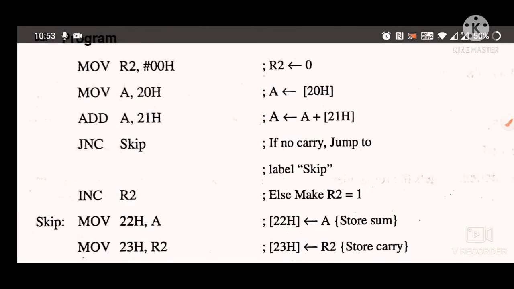Okay. First of all, you should know that at each and every memory location we can store only 8-bit data. Here I will explain how the data are stored inside the memory location after we perform the addition operations. Okay.